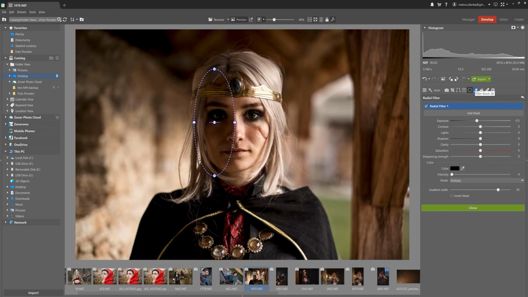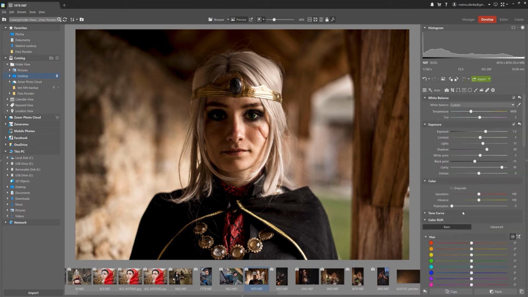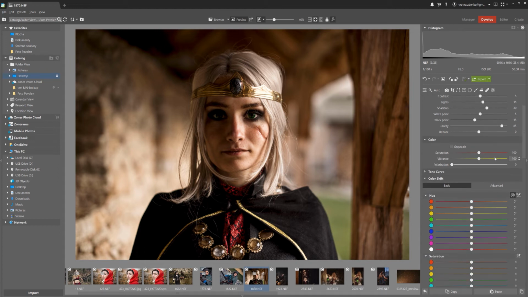Or you could use the brush, the filter brush. So basically you apply it wherever you want, and then only in that space you can again adjust all those sliders. So we're going to move on to the color, and first of all, this is a little bit more colorful